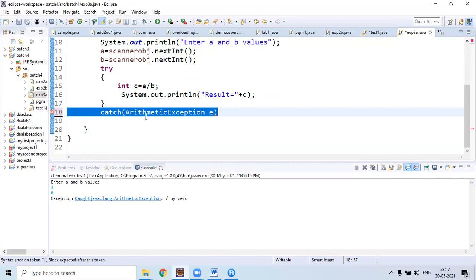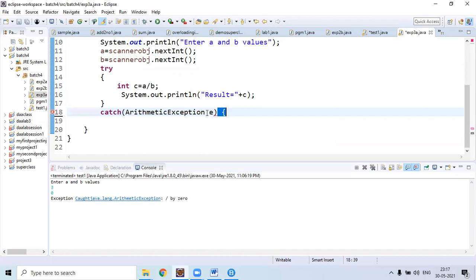Here division error indicates error related to arithmetic operation. Therefore, here we considered arithmetic exception. And e represents a variable. e represents arithmetic exception error. It acts as one object.